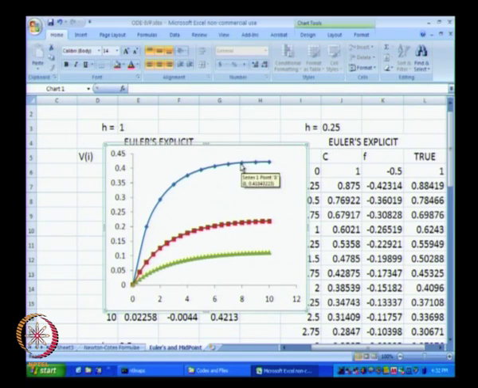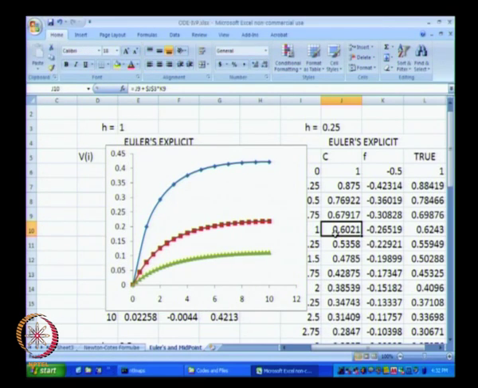So, when we go from h equal to 1 to h equal to 0.5, the overall errors have halved. When we go from h equal to 0.5 to h equal to 0.25, again the errors have halved. If we go from 0.25 to 0.125, again the errors are going to be halved even further. Keep in mind that when I say half, it is not exactly half, it is approximately half, because in the